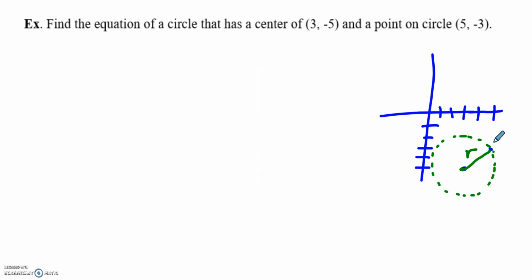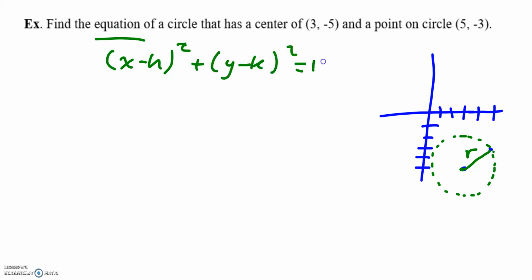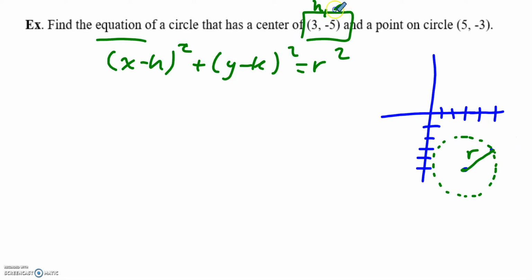Not bad, actually. Not a bad circle. So my circle is going to look something like that, and I need to find the equation of that. So I eventually need to have something in this format. So what we could do is we could use the distance formula to find this radius, but I'm thinking because we know this point, and the center is really h, k, and because I know this point on the circle, so all points are really x, y, why don't we just plug in what we know,